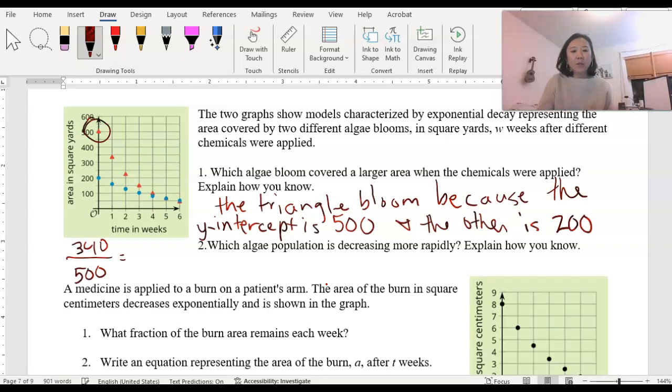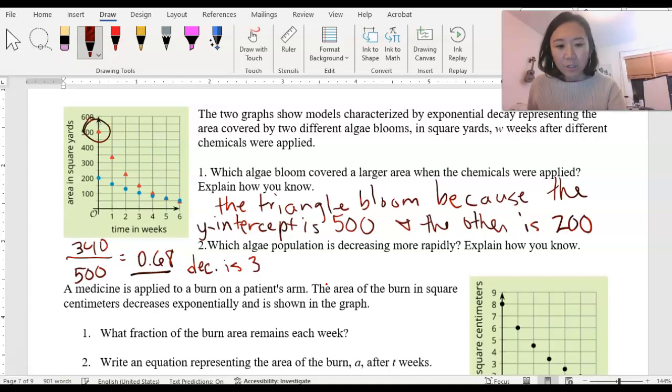If we calculate this, it'll give us a factor, and that'll tell us what it is decreasing to, what the new amount is. In this case, it is 0.68 of what is initially there, which means that we are decreasing by 32%. So the factor is 0.68, but the decrease is 32%